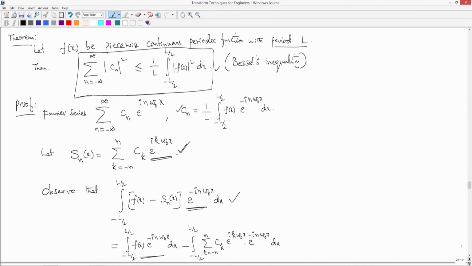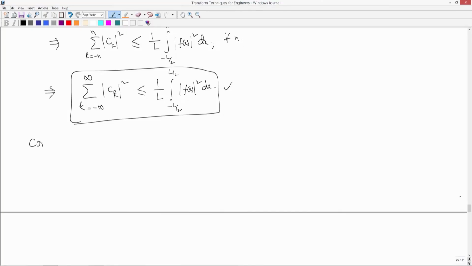So this is what we are going to use to show that if the signal is a piecewise differentiable function, the Fourier series actually converges. So in the proof of that, we will use this inequality. So one important corollary, one implication of this result, is that if the right hand side quantity is finite, that means if f(x) is a square integrable function on minus L by 2 to L by 2, if this is finite,